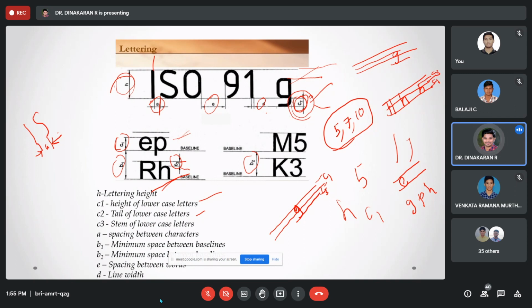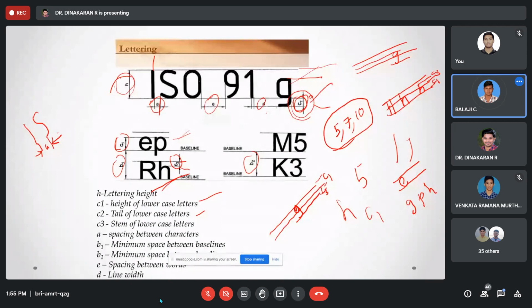Do you have any doubt on H, A, C1, C2 and C3? Gopi J is there. Balaji, are you available or not?